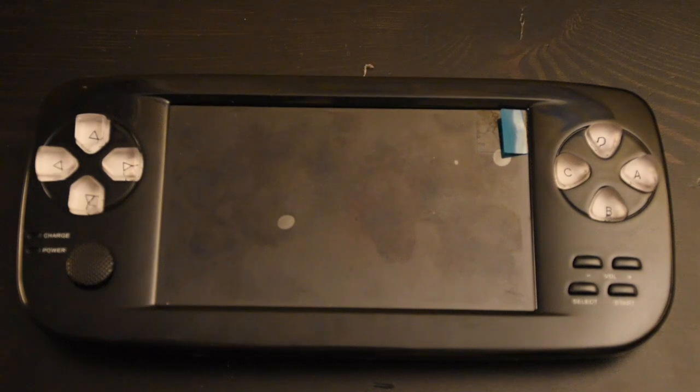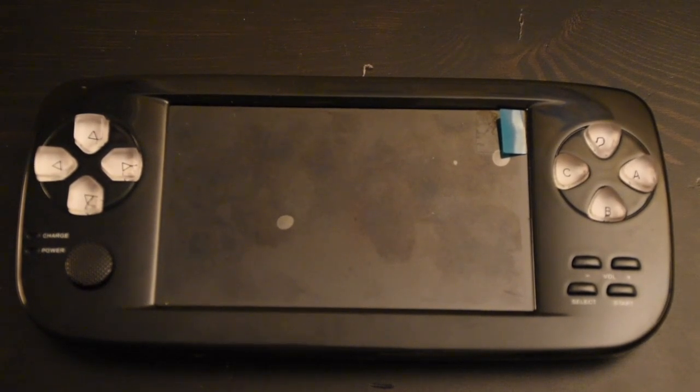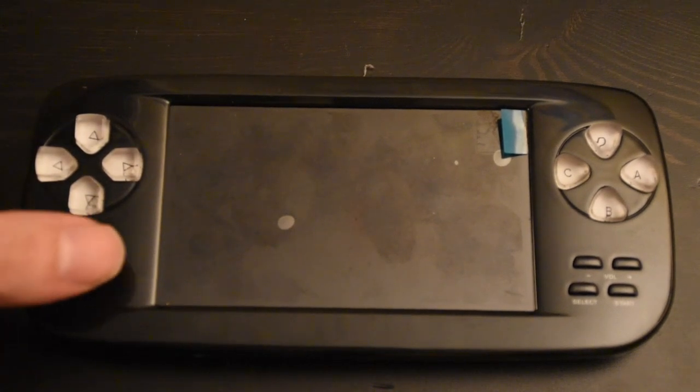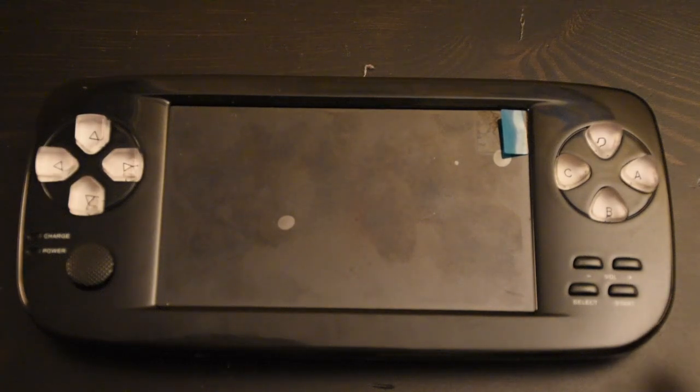This handheld game console sells for about $60 Canadian or about 45 US. It promises to provide an emulating console for Game Boy Advance and older. It kind of has the resemblance of a PSP, with the PSP knob here and your regular controllers over here. You have start and select, your volume,